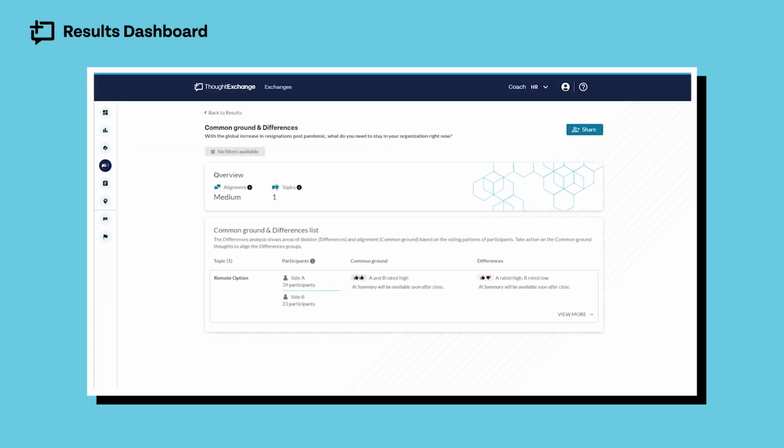Moving back to the results dashboard, the next tool is Differences, which shows me groups of participants who demonstrated different rating behaviors for collections of thoughts. Here I can see an overview of the level of alignment in the exchange and the number of differences, groupings,